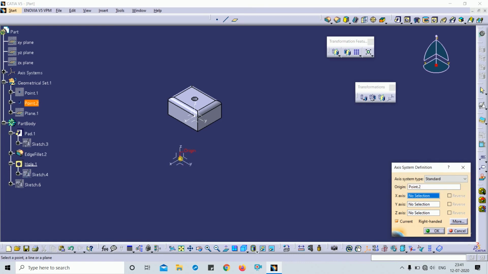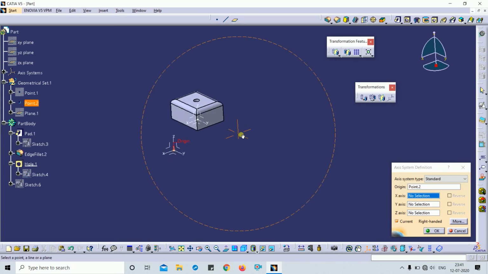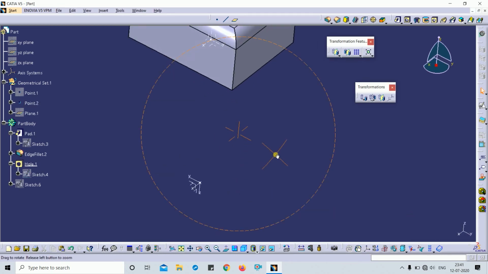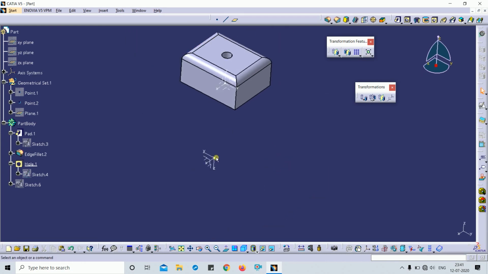Here you can see the axis system. I want to reverse the direction of the z axis, and you can do this as per your requirement. The axis system is generated with respect to this point.